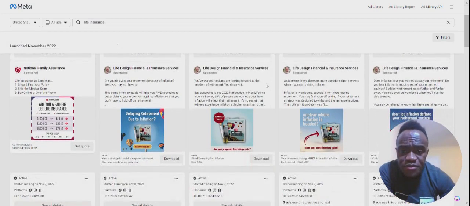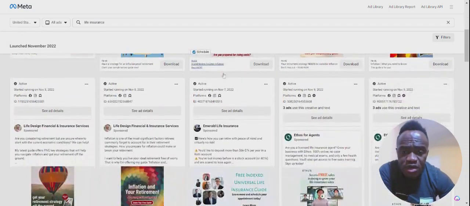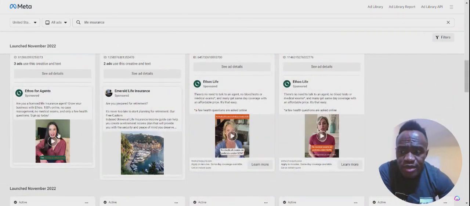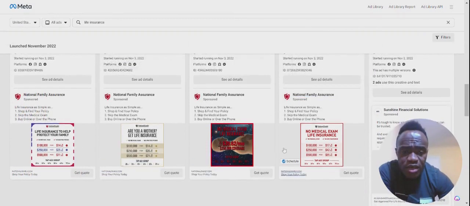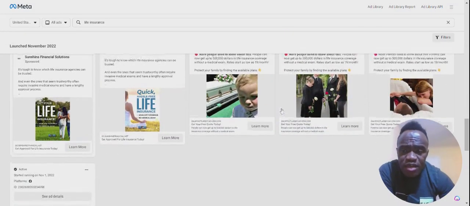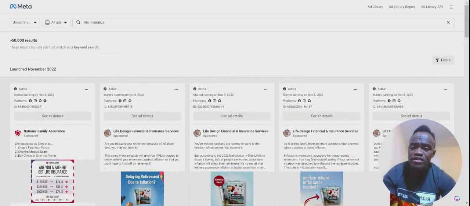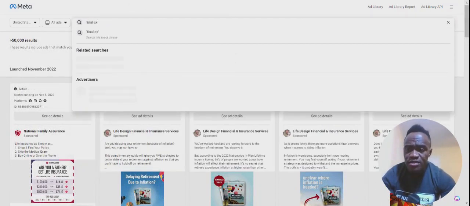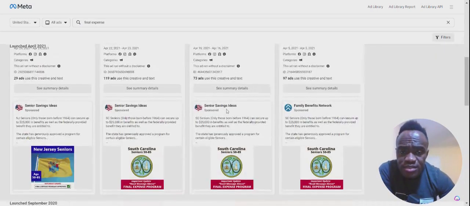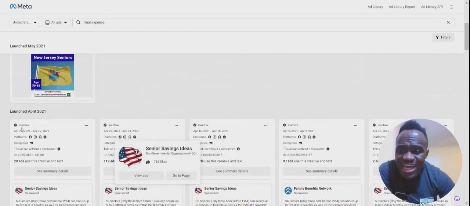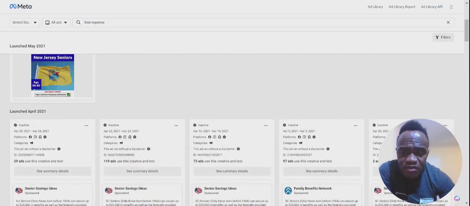And when I type life insurance, I have all these templates coming up. This is Ethos Life. This is Ethos Life. There's a bunch of Ethos Life. And then you can come here and pick up inspiration. If you want to do more final expense, you can come up here and search for final expense. And you can see any ad that's inactive, just be very careful because most of